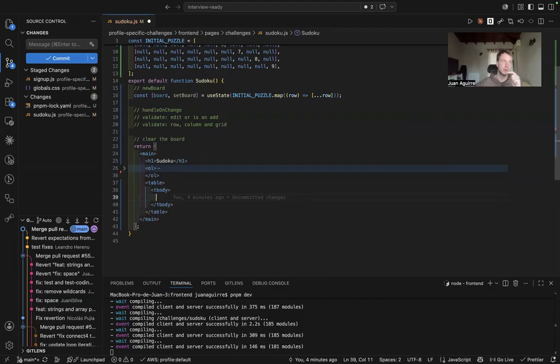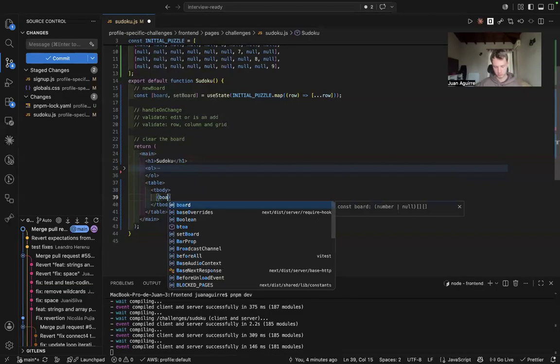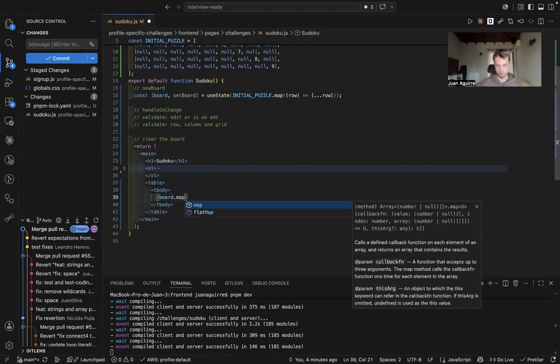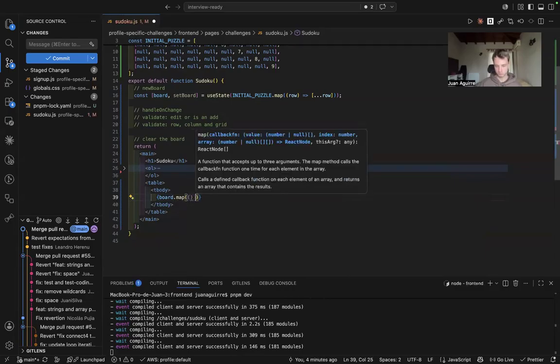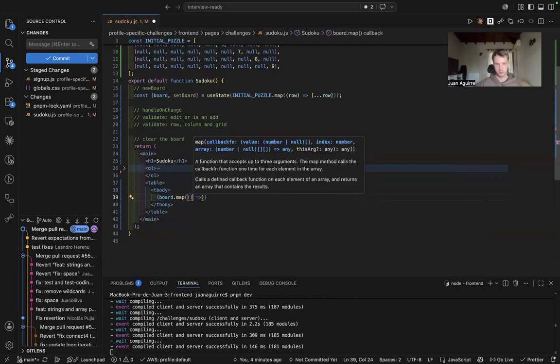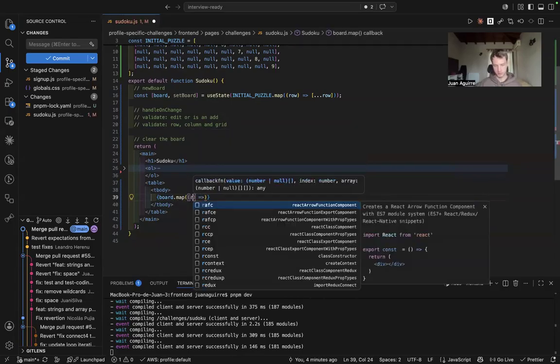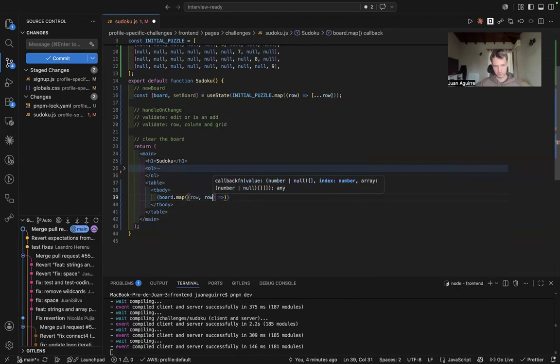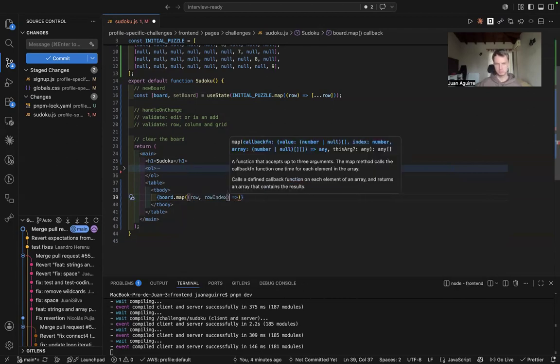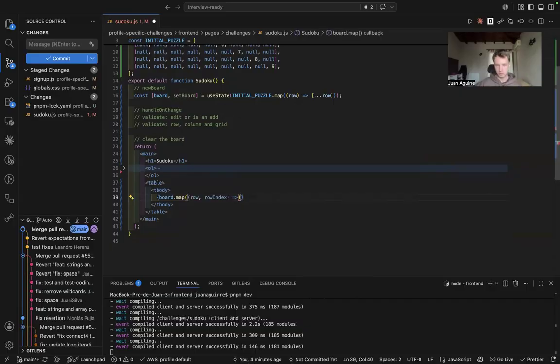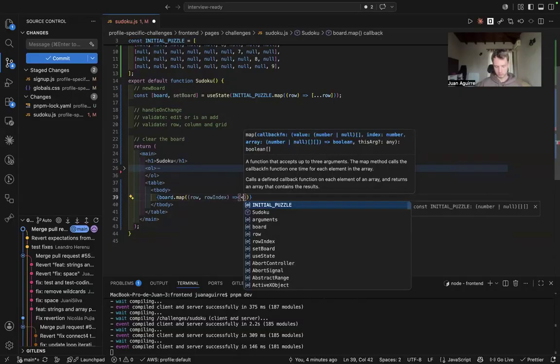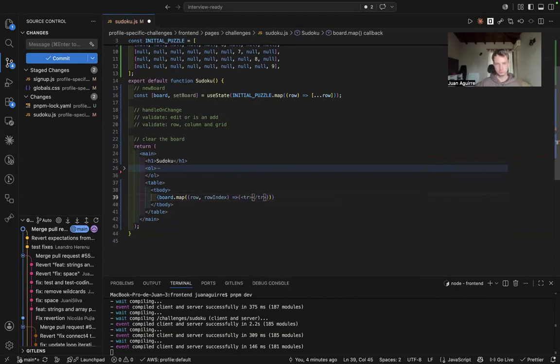So we have a tr and then the columns. So board.map, here we have the row and the row index, and we return a tr